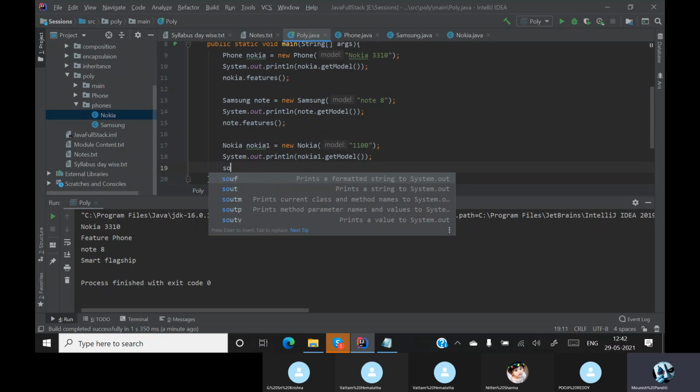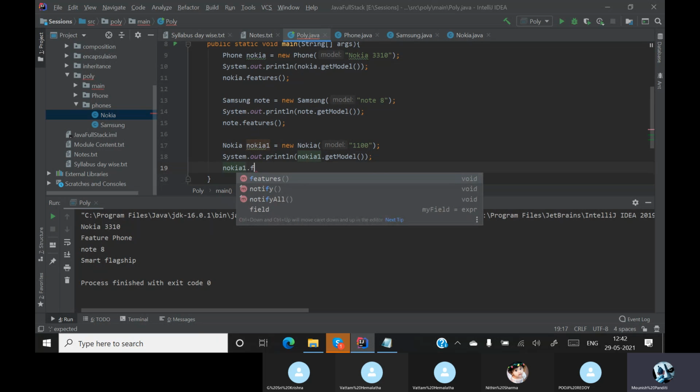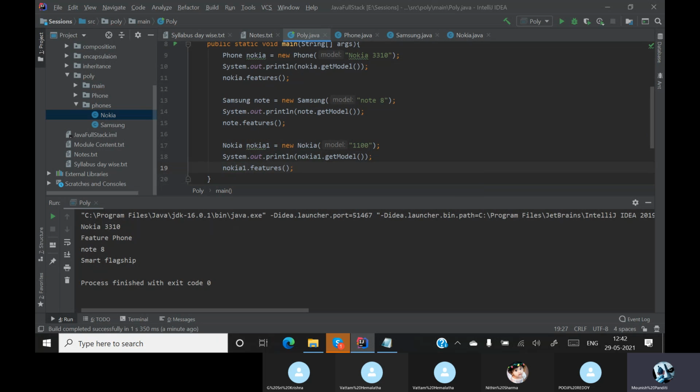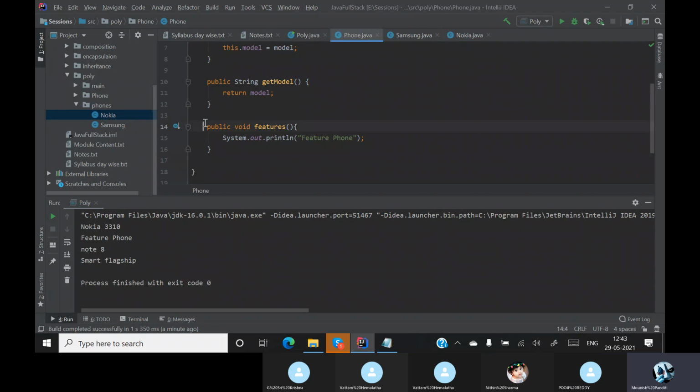Now tell me, Nokia 1 dot features. What will be the features? Will it be a feature phone or will it be a smartphone? Feature phone. Obviously it is a feature phone because we did not create any features method over here, so it will automatically give me the default features of the parent.